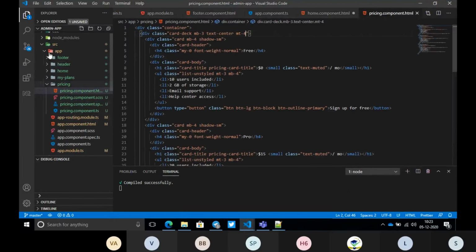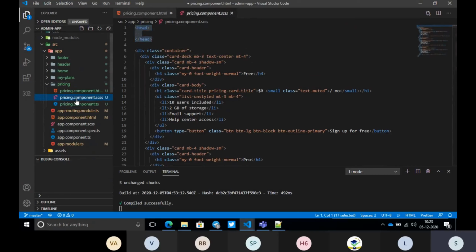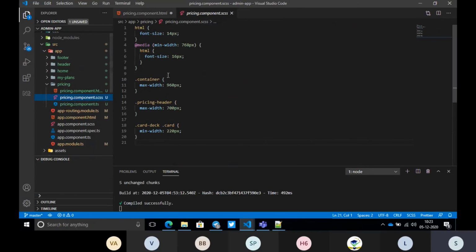Don't mix your CSS styles here using the head tags. Usually there will be a head tag, and inside the head tag they can write the CSS, but don't include your CSS classes inside the head. Instead, go to your SASS file and implement these classes in the SASS file only.